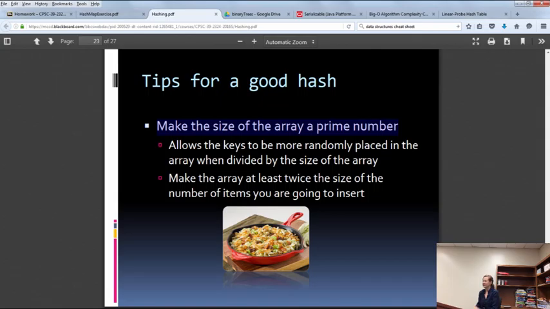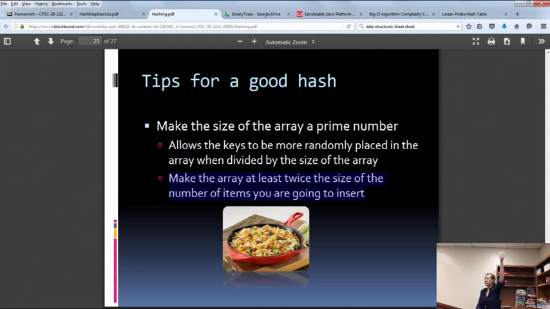It allows the keys to be more randomly placed in the array when divided by the size of the array, because it's a prime number. So the rule is, make the array at least twice the size of the number of items you're going to insert,